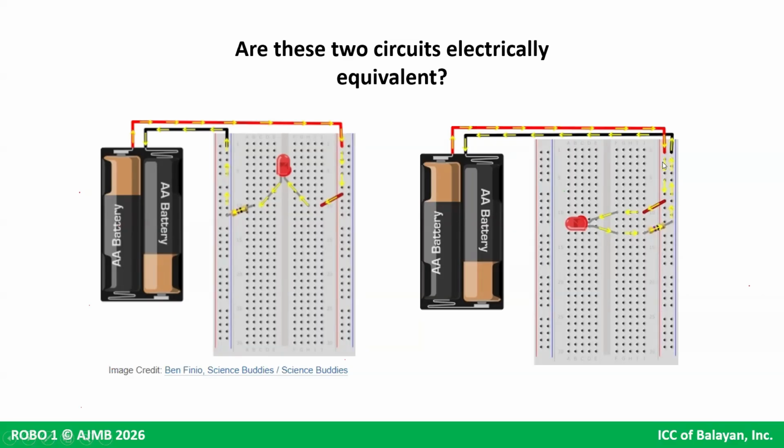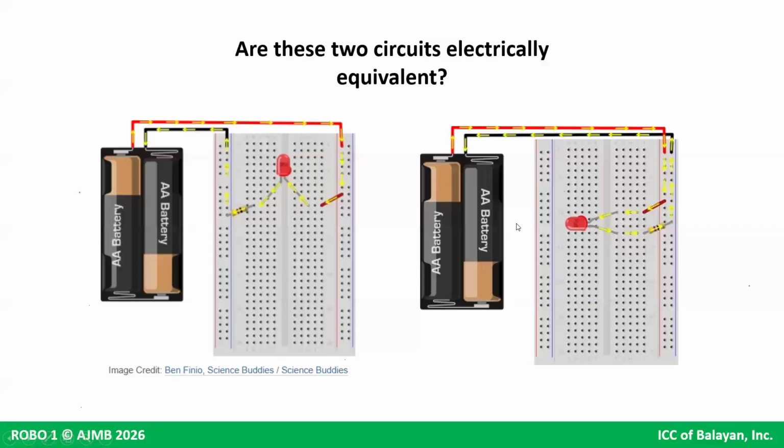So red wire, red power rail, and then consistent with the color coding, another red wire to this row. I think that's row 10. And then doon din na-connect yung other leg ng LED. So moving through the LED and then going down. You have to complete your cycle, right? So you have to close your circuit. You use the resistor as a dual purpose and then connects to the negative power rail and then goes back to the negative terminal.